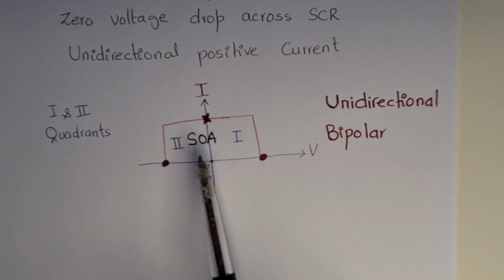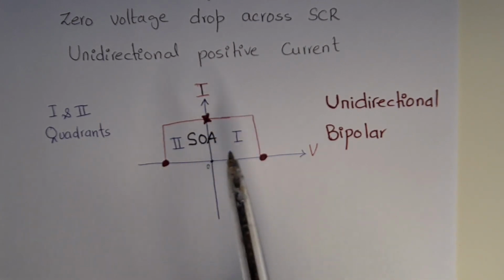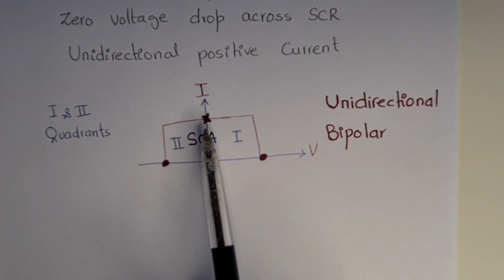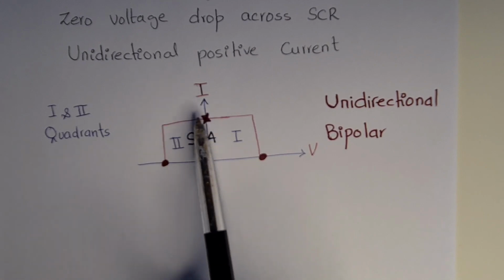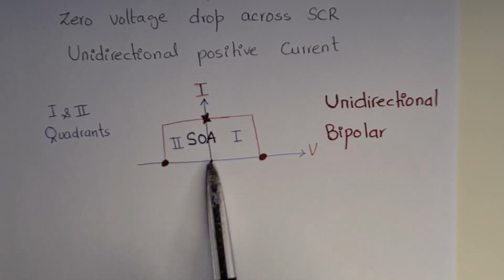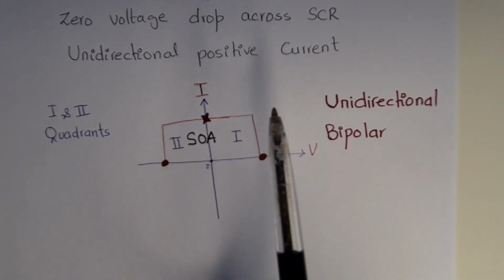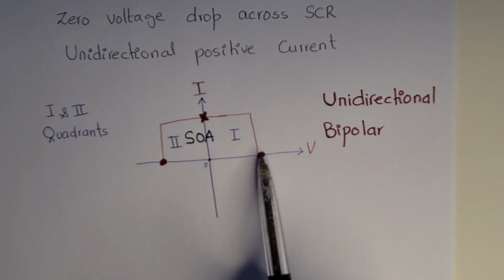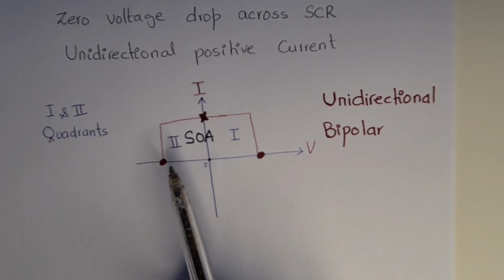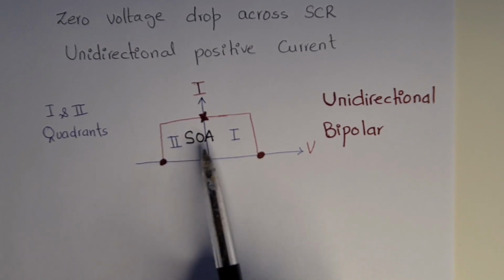Here is the VI characteristics of the SCR. You can see that when VAK is greater than 0 and IG is greater than 0, then the SCR will conduct positive current, and at that time there is 0 voltage drop across the SCR. When VAK is greater than 0, the SCR blocks positive voltage,